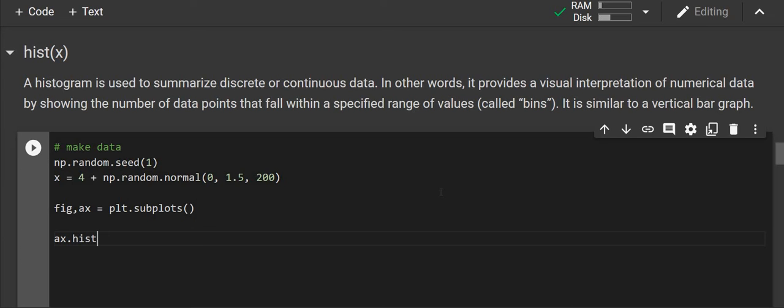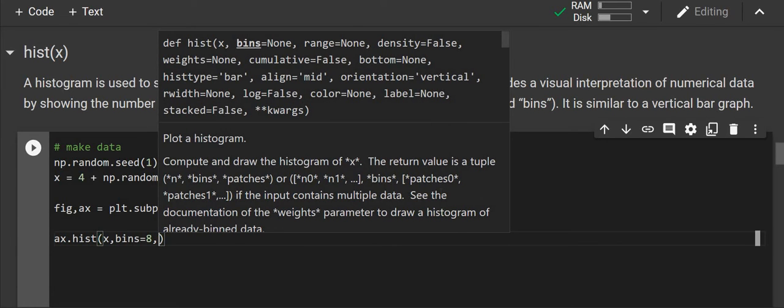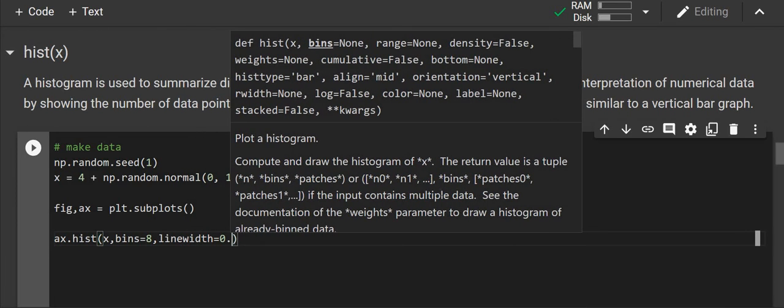Now this hist function will take the values of x, and you also have to specify the number of bins we want. Each bin is grouping the data, so how many groups you want. Let's put it 8, and then the line width, let's put it 0.5,